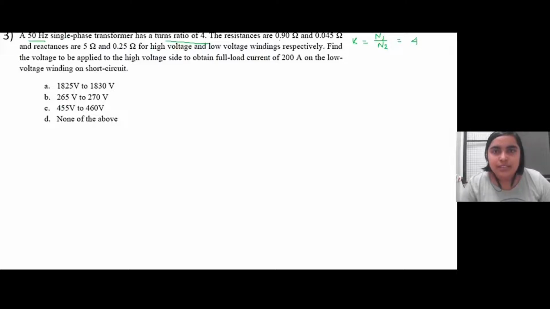The resistance and the reactance are for the high voltage and the low voltage windings respectively. What we have to find is the voltage that needs to be applied to the high voltage side in order to obtain the full load current of 200 ampere on the low voltage winding on short